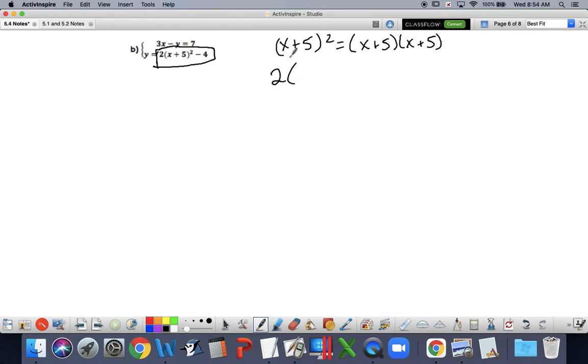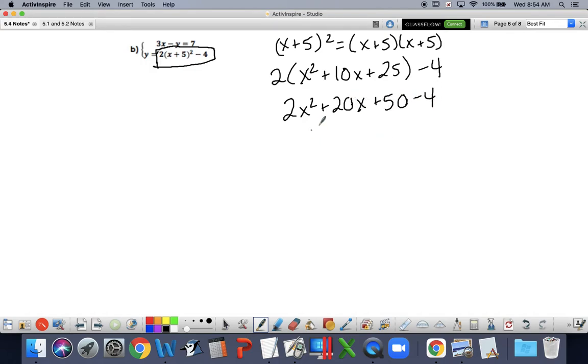So I have 2 times all of this. When I FOIL this through and combine my like terms, I get x squared plus 10x plus 25, and then minus 4. I then distribute this 2 through, so I get 2x squared plus 20x plus 50 minus 4. I then combine those two terms at the end. There we go. So now I'm going to take this value and plug it in wherever I see a y